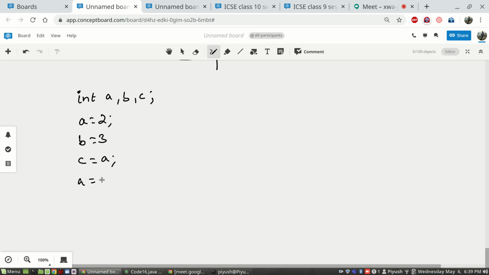Why would you want to do so much work? You can just go back to the program and change the numbers. This is a hard-coded value, right? What if you are taking the user input? You don't know what value the user will put. Then why would the user want B to be A and A to be B? First, let us solve this. I'll show you without using the third variable also, which he said just a few moments back.